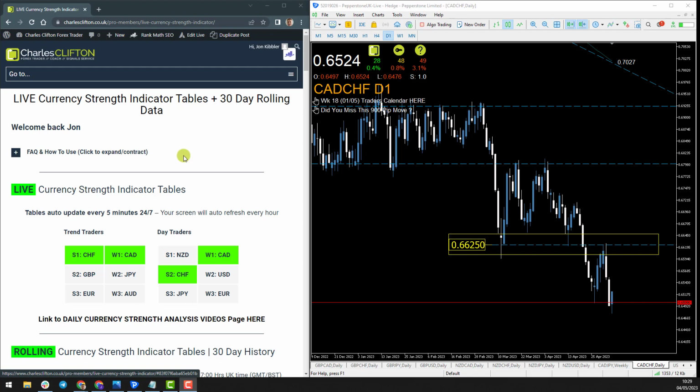That's where a lot of retail traders go wrong in the market. They search through all 28 pairs trying to find something to trade, and when they end up trading something, a lot of the times it's not with any kind of backing. It doesn't have any momentum, and they can sit in these trades for hours and hours on end